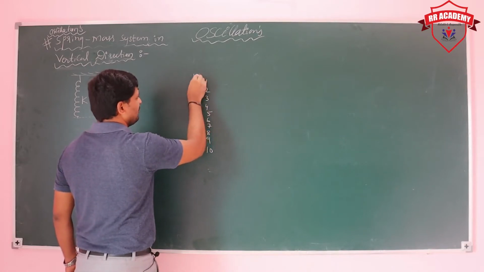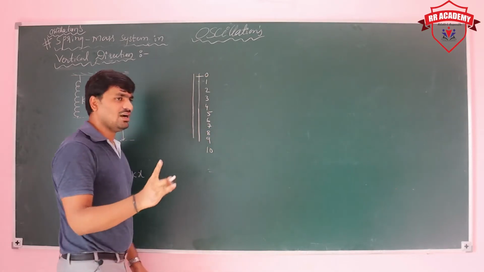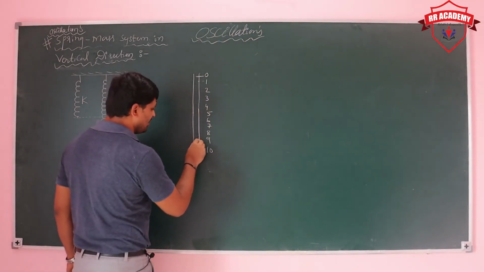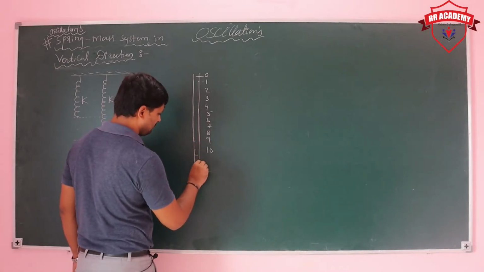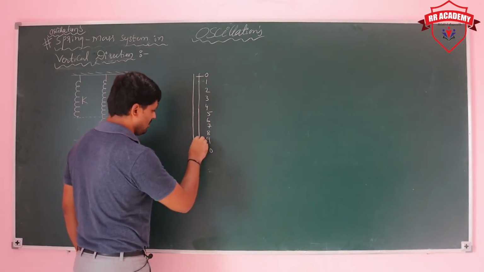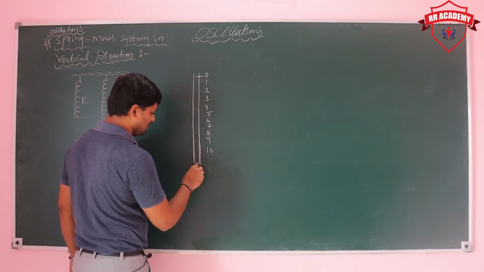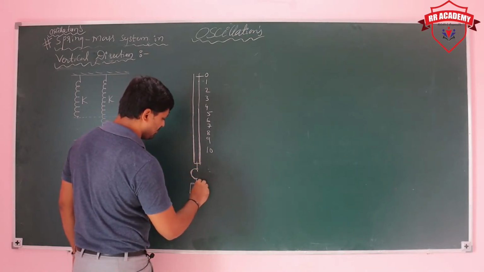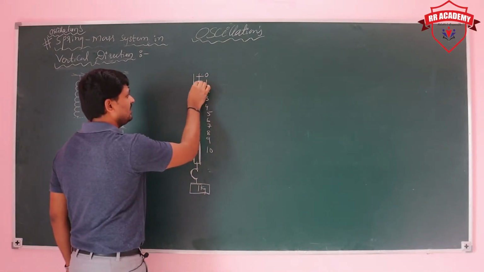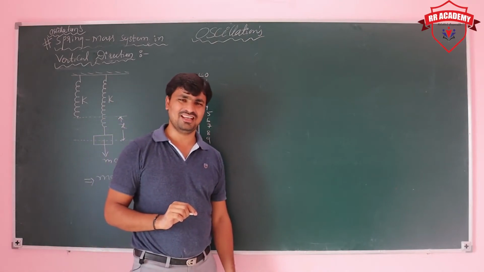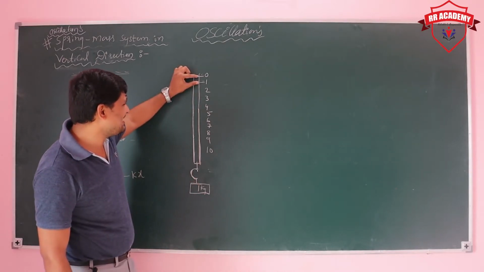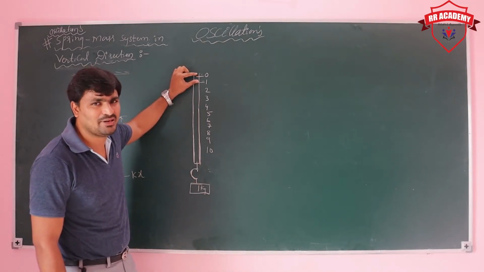If you are not attaching any mass, the pin is at 0. If we attach a mass here, it will be like this, like a spring balance. If you attach a mass of 1 kg, where does the pin show? Yes, the pin will show at 1. What is the meaning of that? If you take 1 kg mass and it is extended to here, that depends on the spring balance.